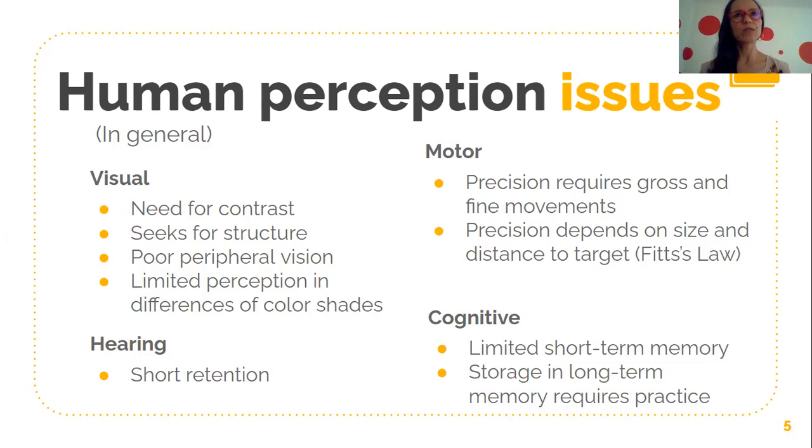And second of all, it's important because sometimes designers tend to forget this and they sacrifice the visualization, for example, of some graphics with too many parts. They sacrifice visibility for beauty. Let's say if they have a specific color palette for their site, they want to use the same colors for the graphics, but sometimes the graphics have too many divisions, too many parts, and they need to use different contrasting colors. So let's not forget that we have a limited perception of differences in color shades.